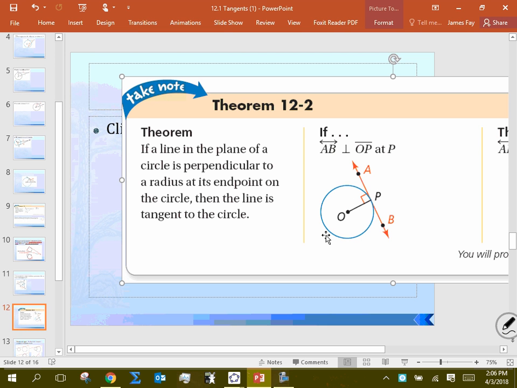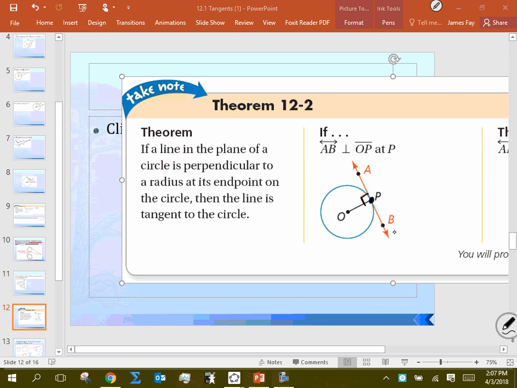The other thing we can do is take the converse of that. Say that you start off with a line like AB, and it's perpendicular to a radius, okay? But now it has to be perpendicular to the radius at the radius's endpoint, okay? So if we know that right angle exists at P, then we can classify that red line as a